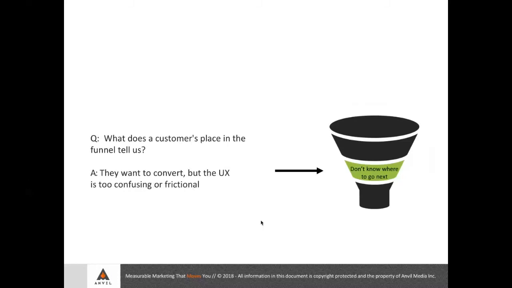What if I'm stuck? I want to buy something, or I want to convert, but the UX is a mess. It's too confusing or frictional. There's too many steps, and I get stuck. These are all common ways in which someone cannot find their way down through the sales funnel or the conversion funnel, but I don't think generally we have any clue why people are sitting there. And we need to get better at it.